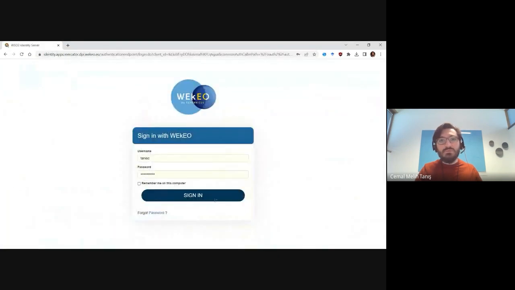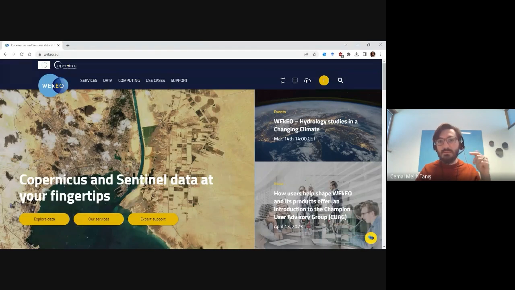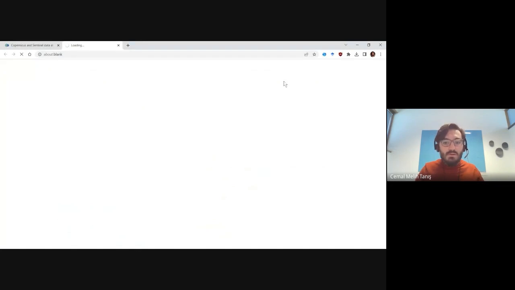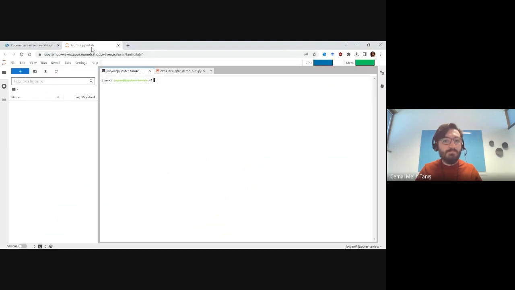Then we can sign into Wekeo. Now we are signed in. So Florence has already shown the Data Explorer. But what we will use is the JupyterHub, and you can open it from this icon. It takes a bit of time to open, but not so much. Okay,